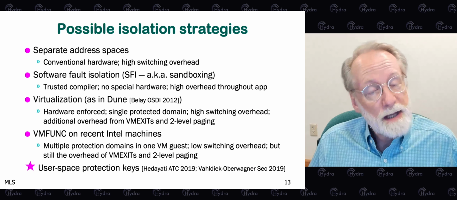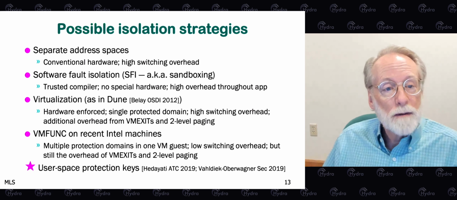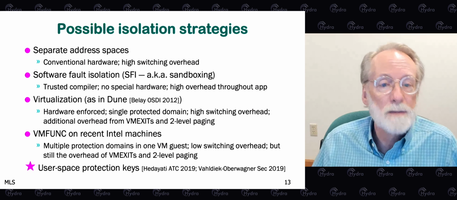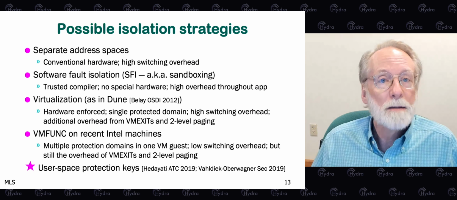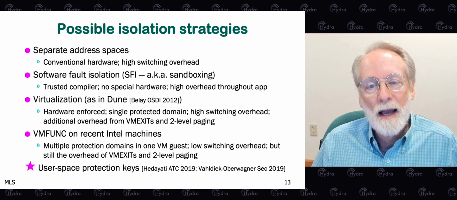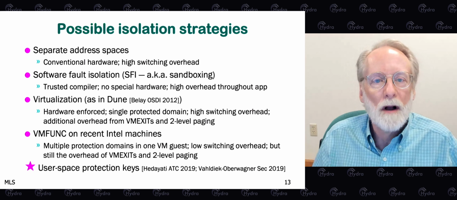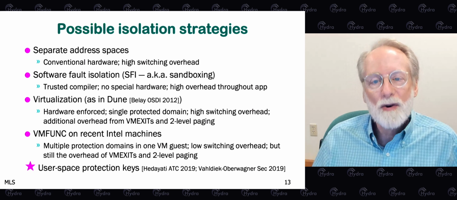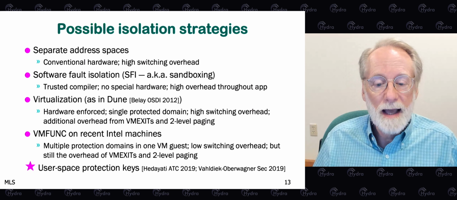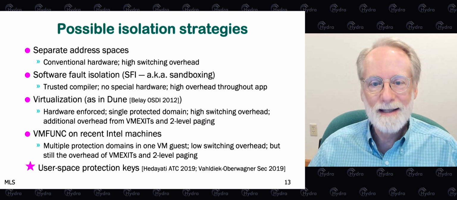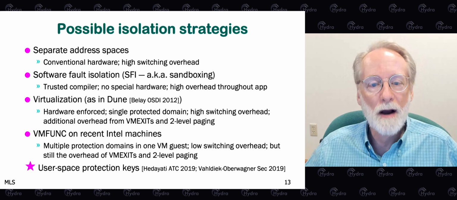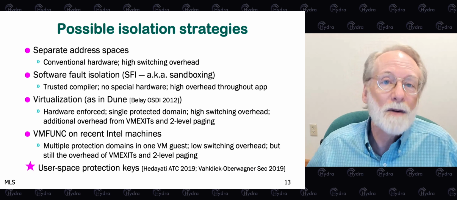We could instead rely on a trusted compiler to do software fault isolation. This is a technique that's widely used in the security community today. It's sometimes called sandboxing. The compiler basically instruments all the code that might try to touch a protected resource and will deliberately crash the application if it tries to touch a resource that it isn't currently allowed to. The problem with sandboxing is that every access to memory inside the application has to be instrumented to put a check on it. And the check induces overhead on routine execution in the application, even when it's not doing anything with a protected resource.